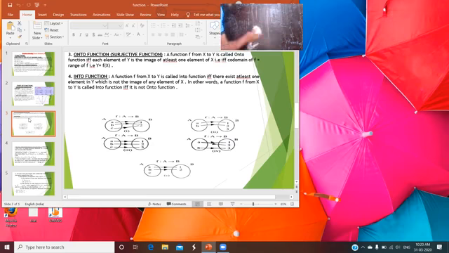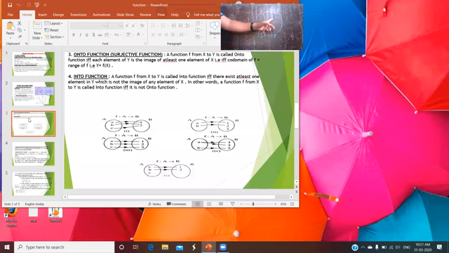So just see that. What is the explanation for that? Suppose here you have two sets, X and Y, and the function f is in between them. A function f from X to Y is said to be an onto function if all the elements of Y, meaning all the elements of the codomain,